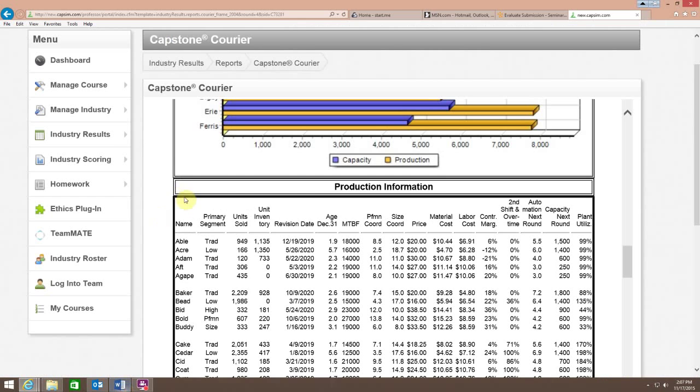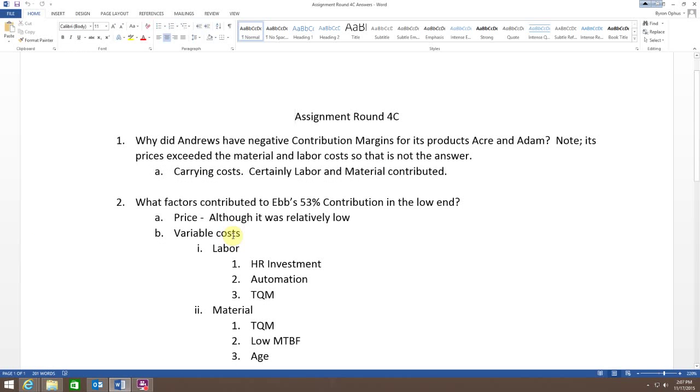They had really high inventory levels in those two products, especially relative to the product cost. They still eked out a positive contribution margin. The other thing, and I didn't put it in there, is that contribution margin would also go back to what the costs were from the round before if there was inventory left over. I think that was the case with Andrews, so the variable cost might have been higher from the time before.